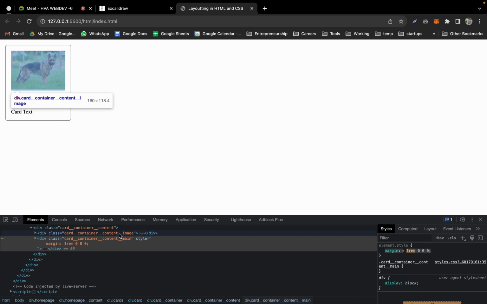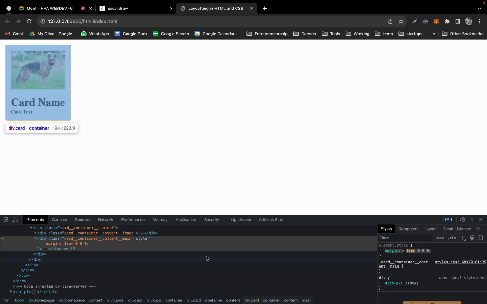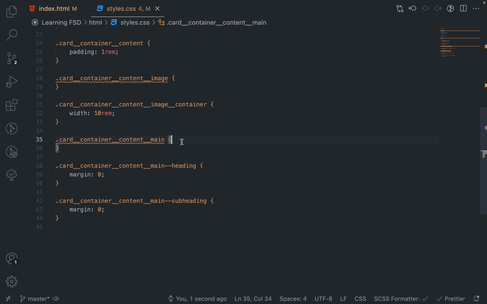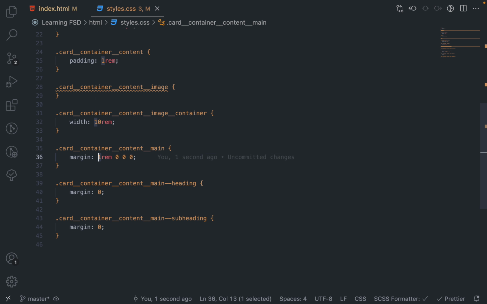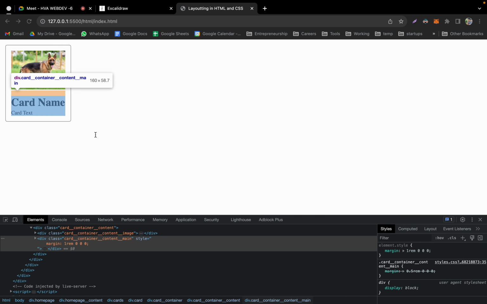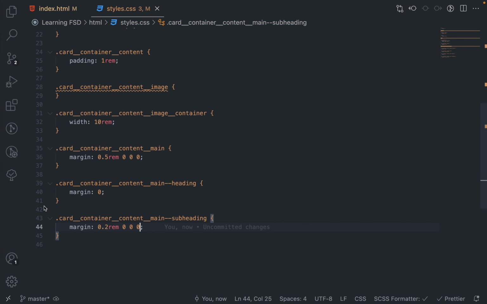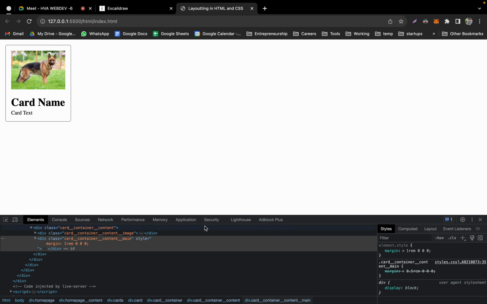So see, the reason why I have separated them is because image is alone and text is alone. So that is how we can do that, okay. So there your main content will come, and let's not give it 0.5, let's give it some small, and you can give some margin, basically like 0.2 rem like this, okay, on subheading. How do I know all of this? How do I know like which one is top, which one is bottom? You can read about it. You are at pretty early stage, right? That is why you are not able to do it.